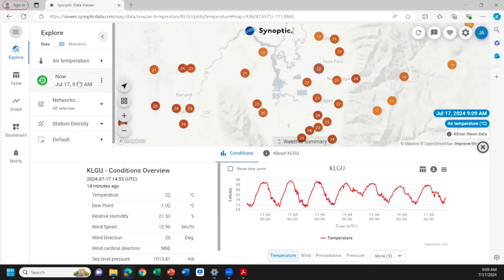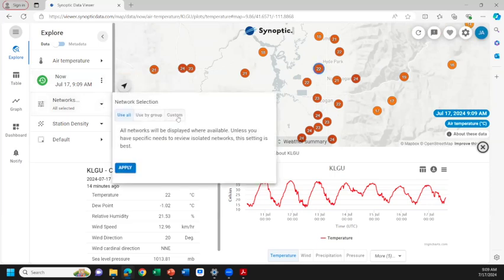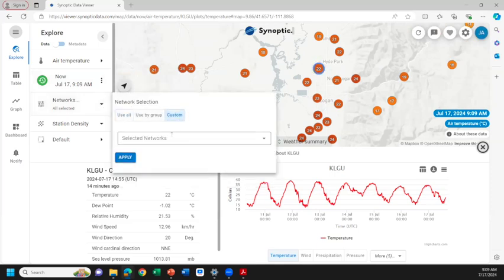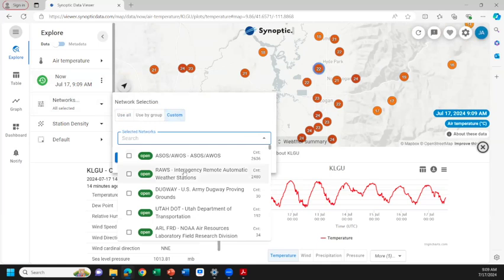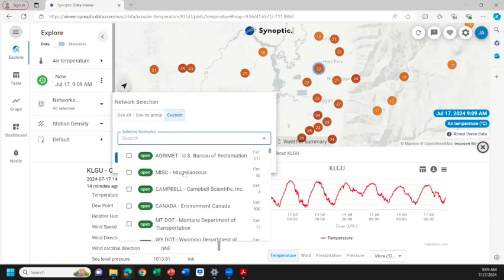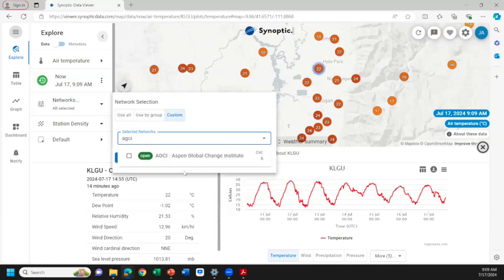You can also go back into any time in our database. So you can just click this on historic mode, do that as well. If there's a certain network you're interested in, you can search that here and go through this. And for example, I could type in AGCI and they would show up there as well.